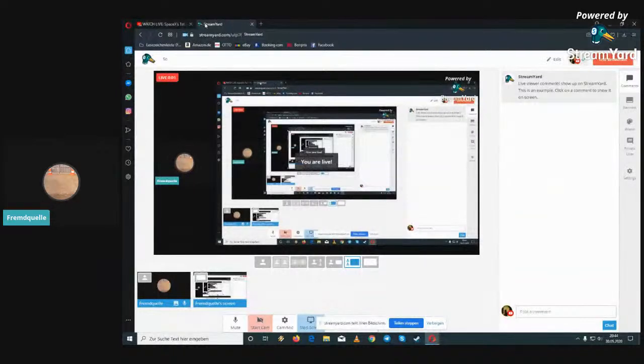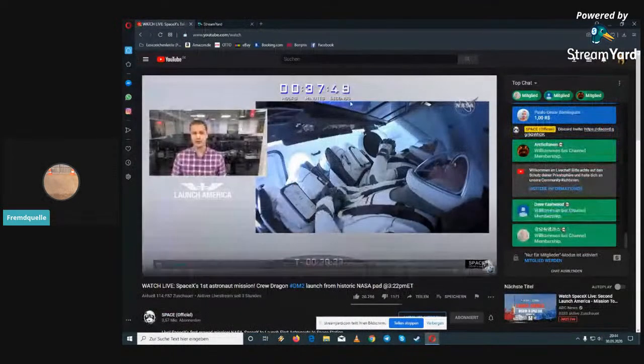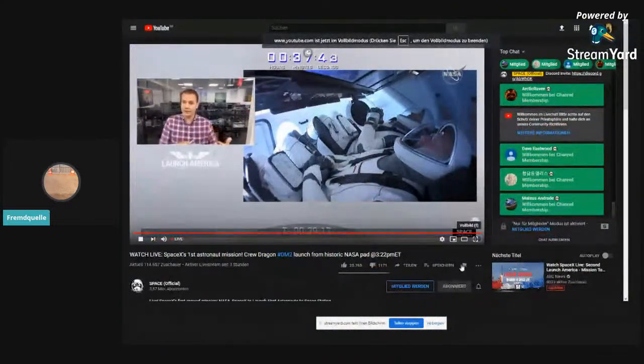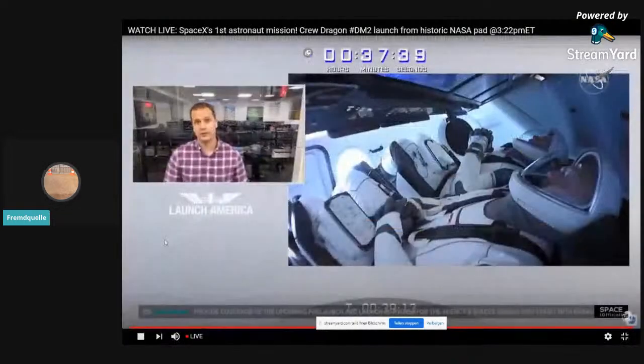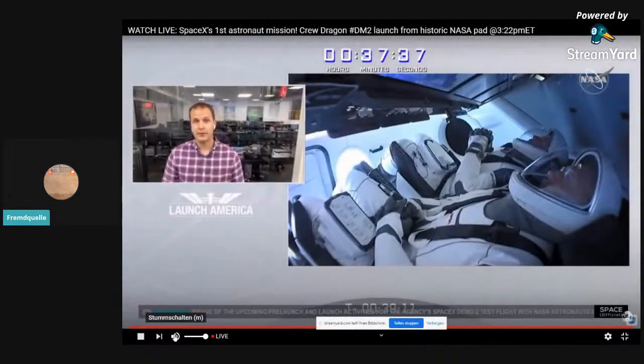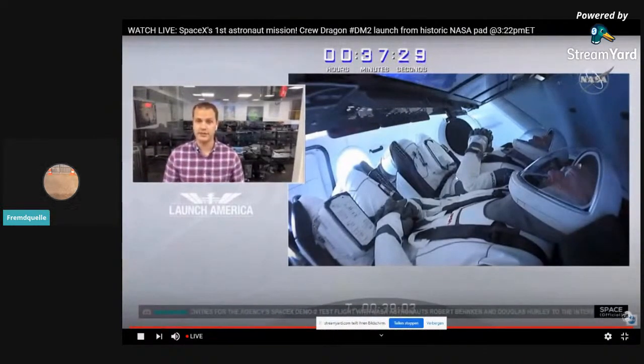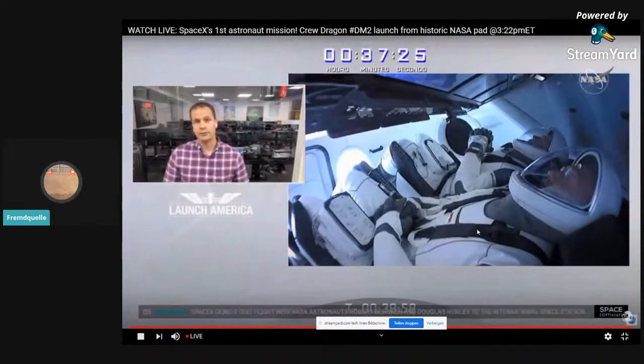Dragon deploying parachutes, splashing down safely in the ocean. But since a launch escape can happen while the vehicle's on the pad or anywhere in flight of your orbit, it could be splashing down right off the coast of Cape Canaveral. It could be splashing down thousands of miles away in the North Atlantic. If that happens, the Space Force's 45th Space Wing, Task Force 45, has pararescue teams staged and ready all around the world,